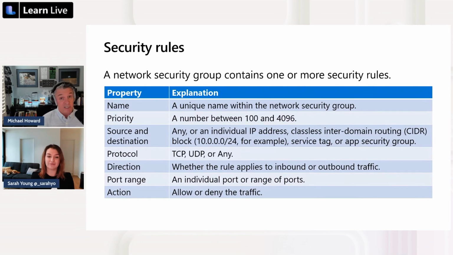And then the direction: is it an inbound rule or an outbound rule? We have both sets of rules, and they can be set independently. Now, this is an important point. NSGs are stateful, which means that if you have an outbound connection and then a response coming back in, you don't need to have an outbound rule and then go and do something funky to an inbound rule. You don't need to do that at all.